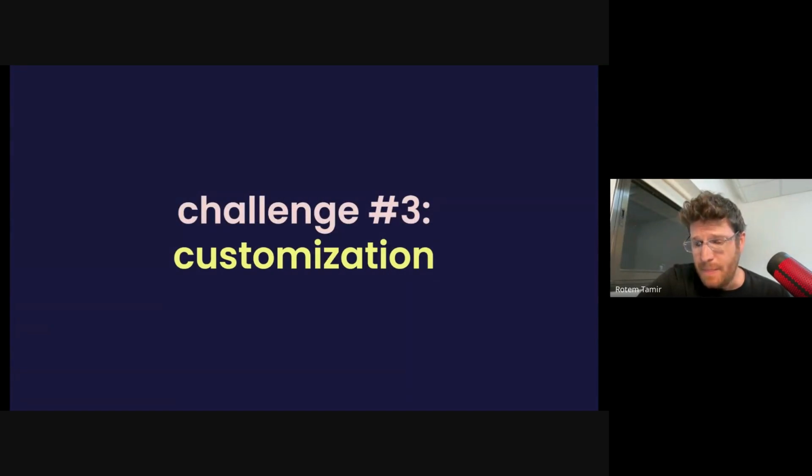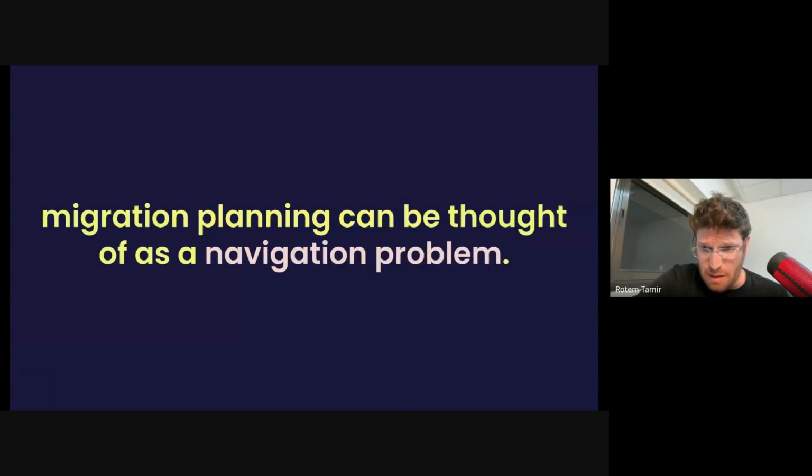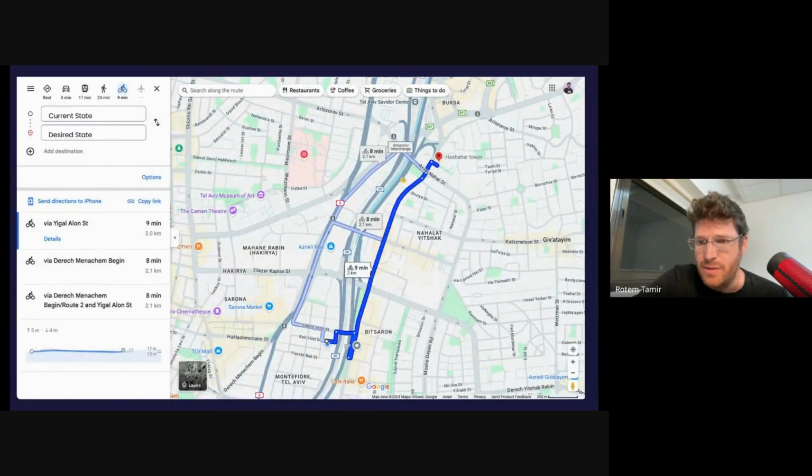Number 3 is the need for customization. So one of the ways that I can, in my mind, visualize the migration planning problem is to think about it as something similar to navigation. We want to get from the current state to some desired state. And just like